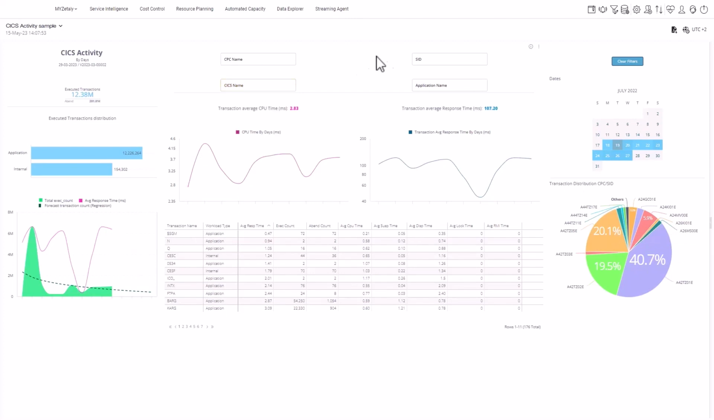It can be filtered by CICS name, SysIDs, application names. We have information about CPU time, average response time, type of transactions. And here's a distribution of executed transactions with details by columns. This widget shows activity with a forecast regarding the dotted line, executions, transactions, and distributions, and the time. Here, the CPU time,